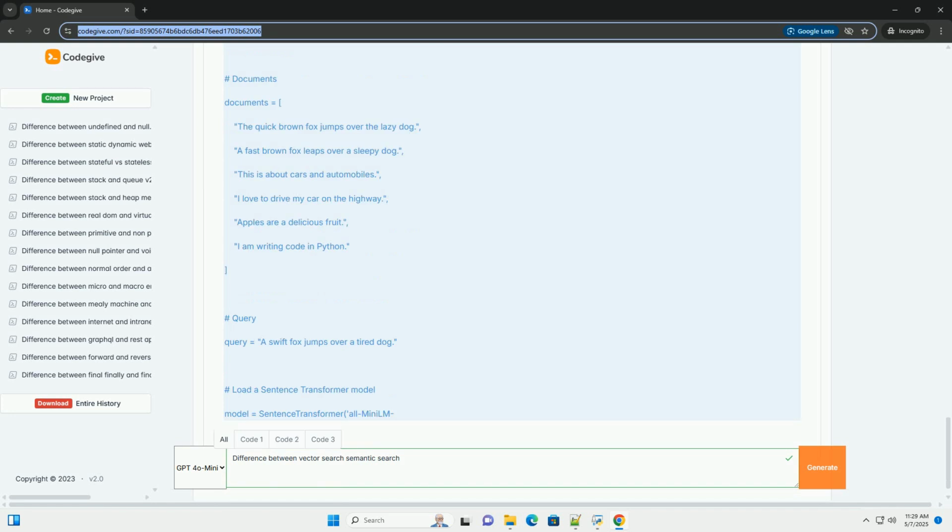Using Pinecone, a managed vector database. Pinecone provides a managed vector database service, simplifying the process of storing, indexing, and querying vector embeddings at scale. Here's an example of how to use Pinecone for vector search. Key advantages of vector search: